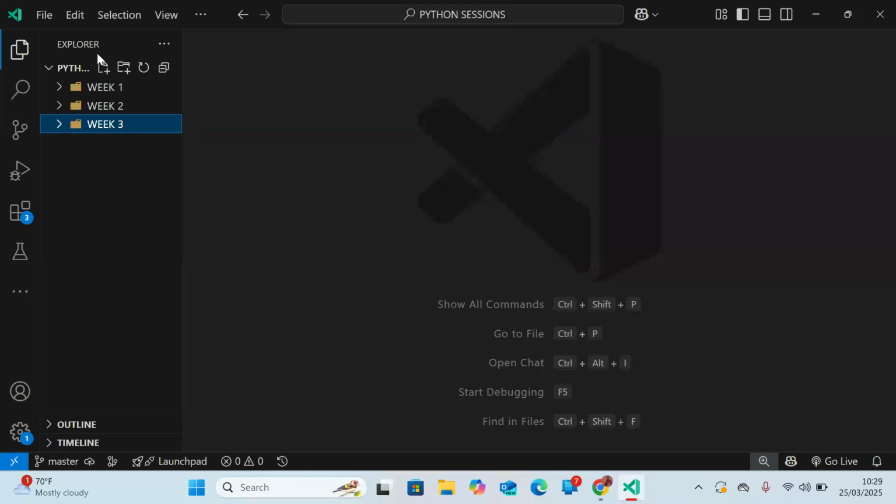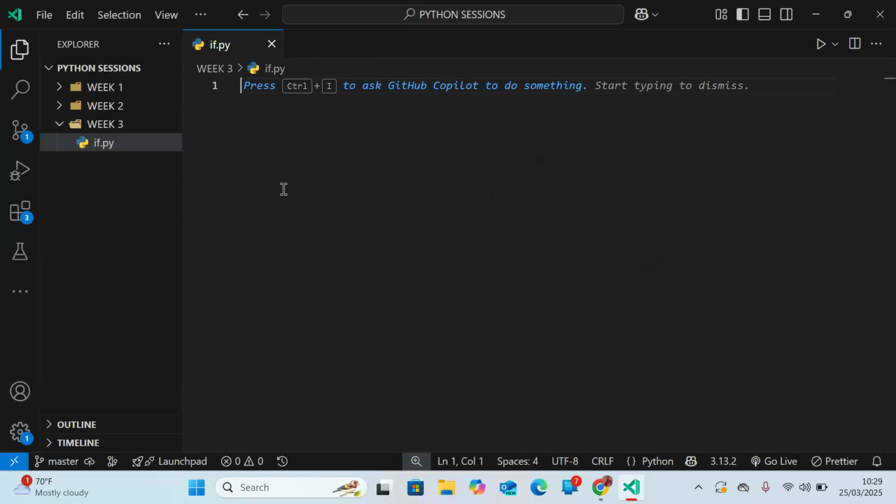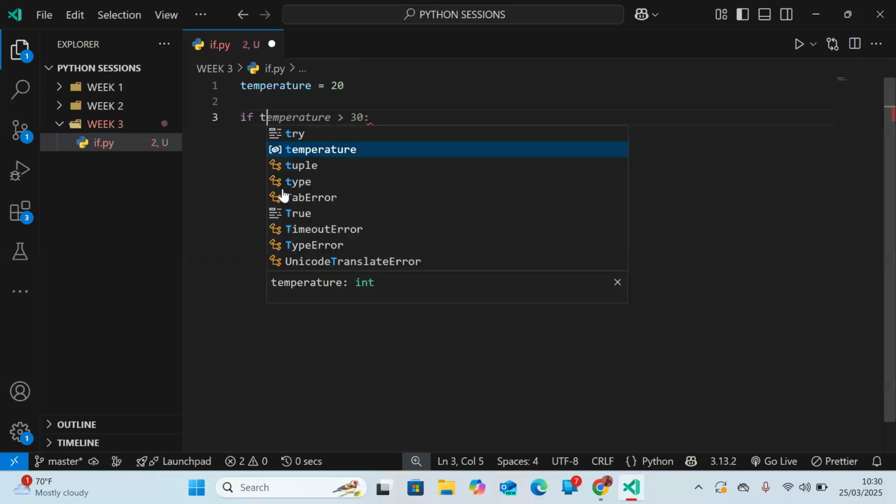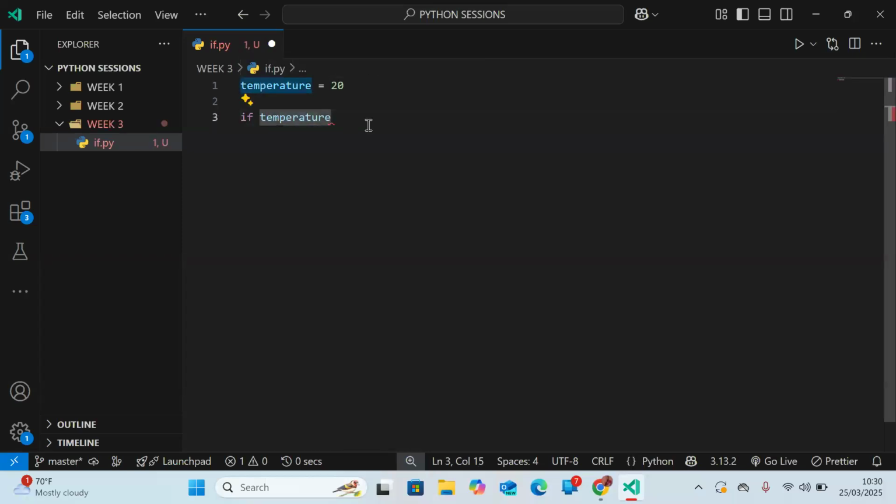Week 3, I've already prepared this. So let me say if.py, the if statement. So first, you declare a variable, and this variable you are going to set it. You're going to give it a standard temperature. Maybe a standard temperature, let's say my favorite temperature for me to go and swim, it's around 20 degrees Celsius. Okay, depends with my body like that. So if the temperature, this variable, is greater than, let's say 20,